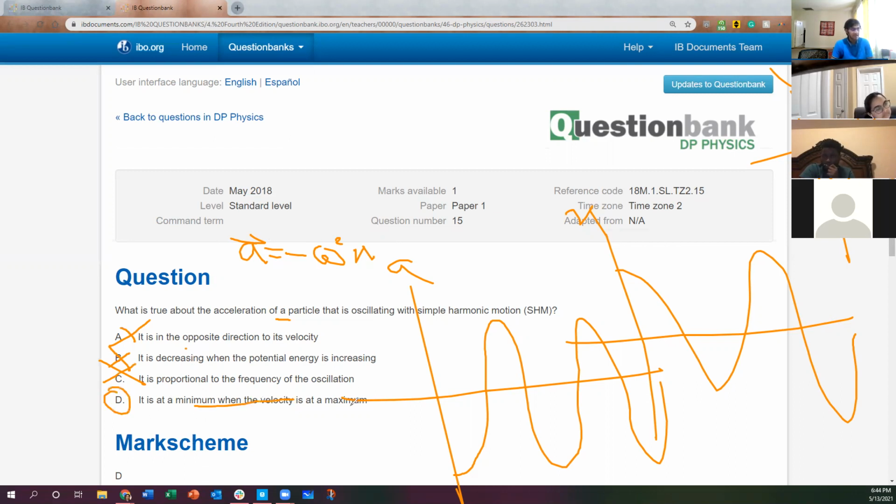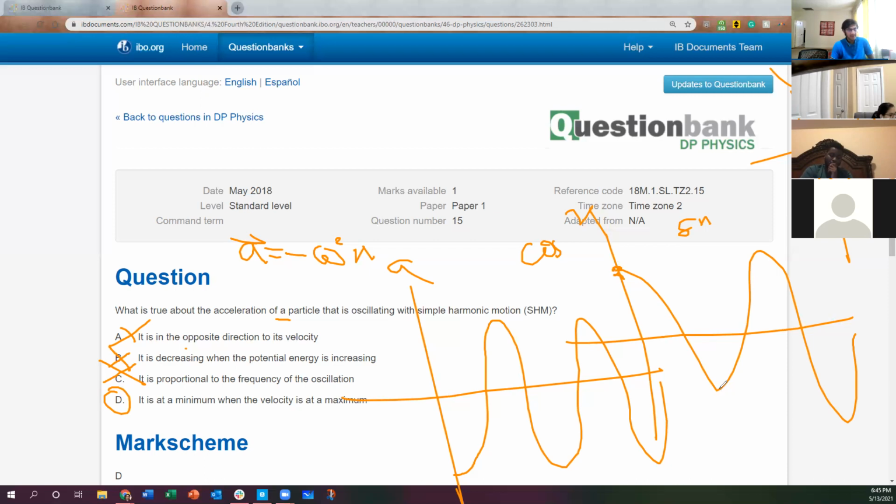It's a minimum when the velocity is at a maximum. Because this is a sine curve, and this is a cosine curve. And whenever sine is 0, cosine is max. Whenever sine is minimum, cosine is 0. So an acceleration will be minimum. Oh, wait. Acceleration is at a minimum when velocity is at a maximum. Oh, I guess this is not a matter of the graph. I think this is asking about the magnitude of the acceleration, not the actual acceleration itself. So you can see in the graph, when velocity is at a maximum,